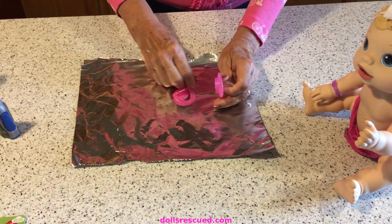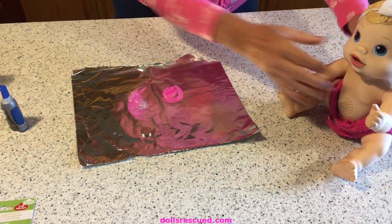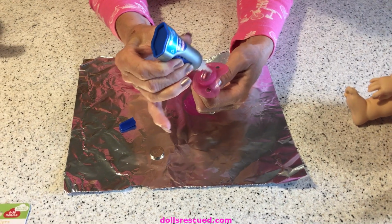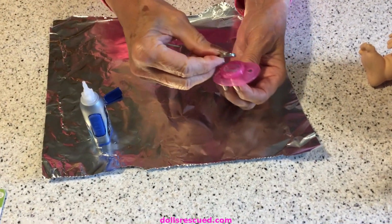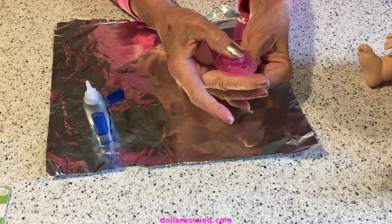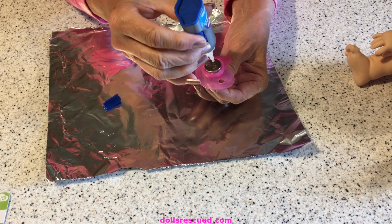And we're going to use super glue, and you know how that goes for me. Wait, let me turn this off because she's going to kick her way off the table. Okay, we are super gluing this first to one side. Darren says there's no front and back. My luck, there will be. And I'm going to center that because we're going to come back. See, there I am, all sticky. Okay, and then we're going to do this side